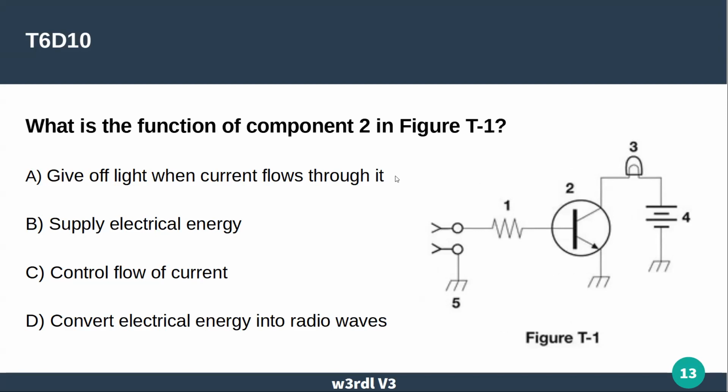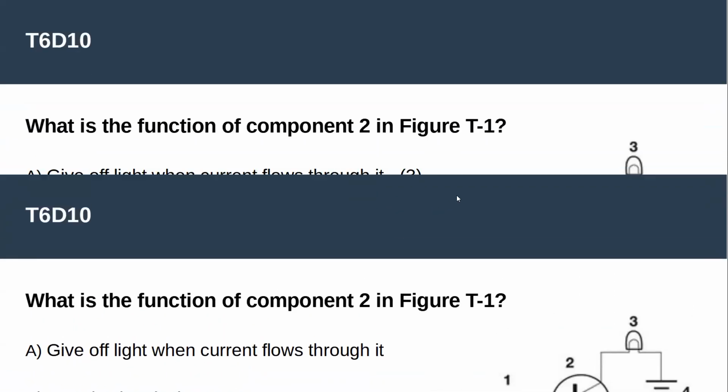It won't give off any light that we can see when current's flowing through it, so it's not A. A battery can supply electrical energy. That's number four, but a transistor uses electrical energy. And we don't have a transmitter antenna, so we can't convert any of this energy into radio waves, which leaves